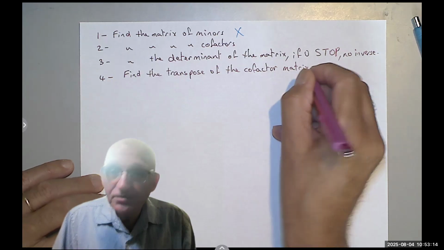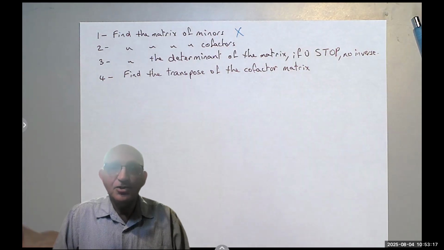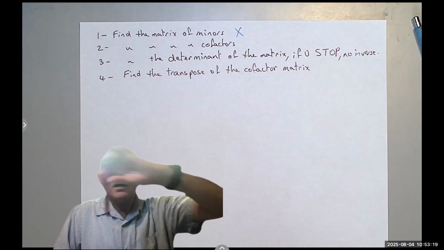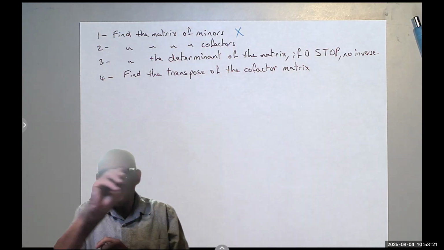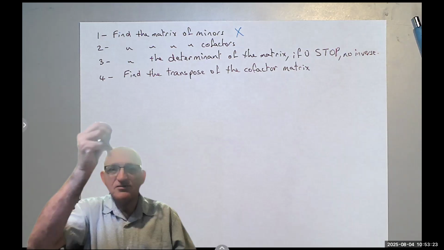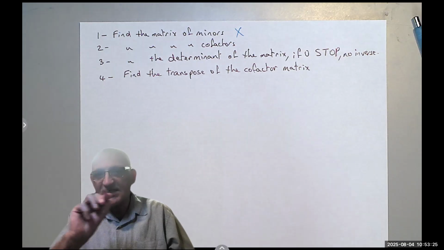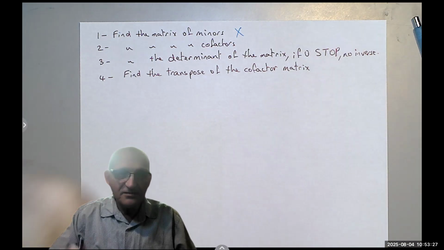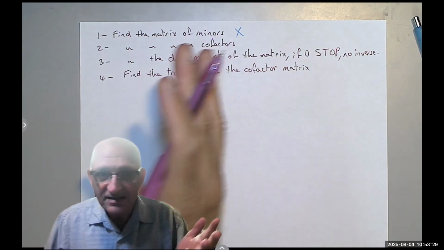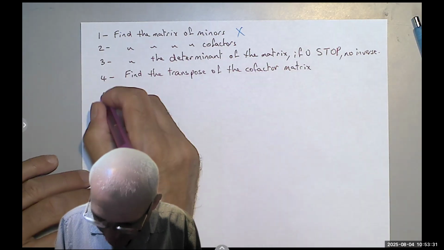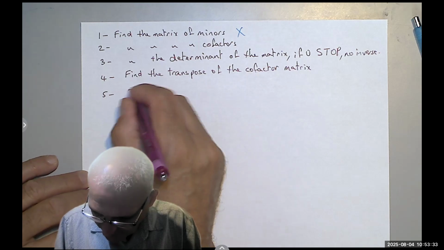If you don't know, very simple. You make the rows columns and the columns rows. So reading the first row from left to right, you're going to write it from top to bottom. The second from left to right, you write it from top to bottom, and so on. And that's it. Finally, five, the inverse